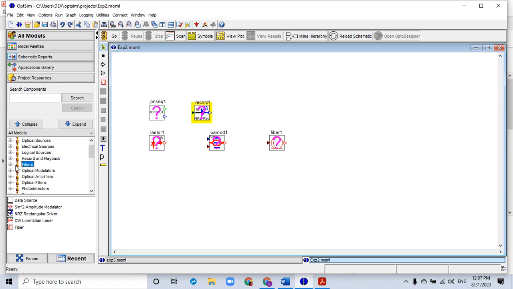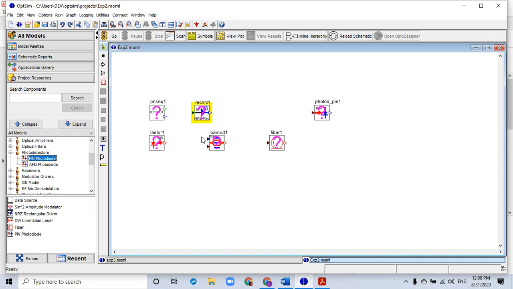Now we move on to the receiver part. There are two options available. Either you can use a photodetector, and there are two different types of photodetectors, PIN and APD. But if I use a PIN photodiode and place it over here, you see the output will be available in the form of an electrical signal only.